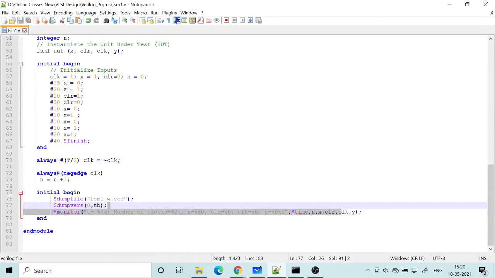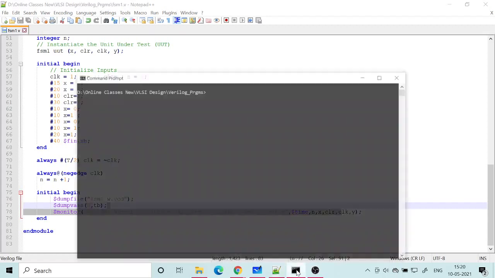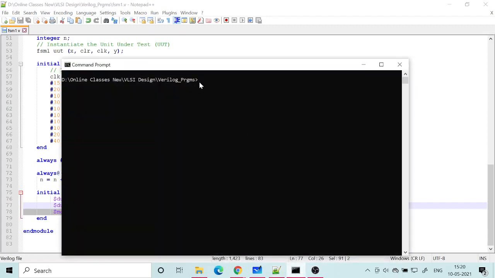So once we write the code, save it in the folder, and then go to that folder. I am in that Verilog programs folder in my D drive, so you need to change your present directory to that. Already you know this. And then this is the compiling of the program.